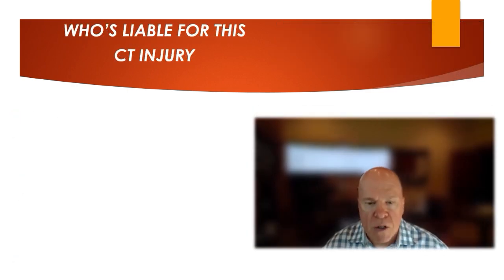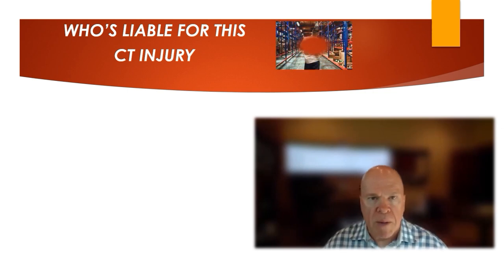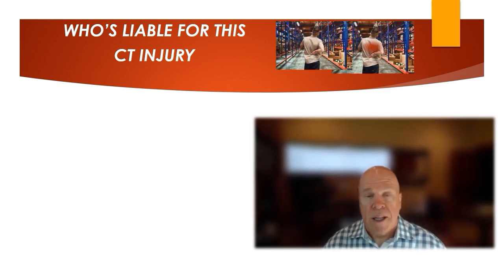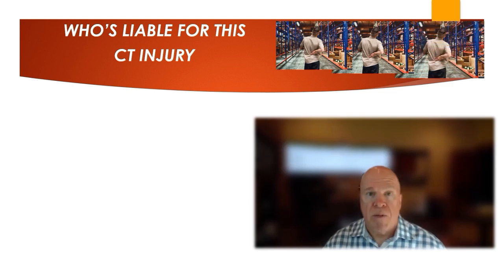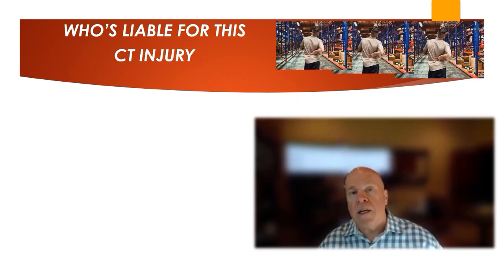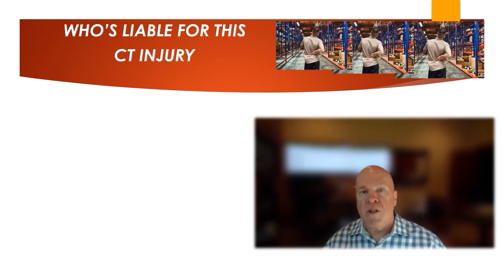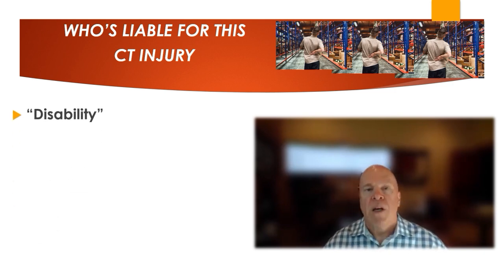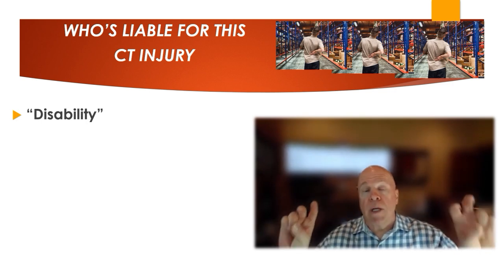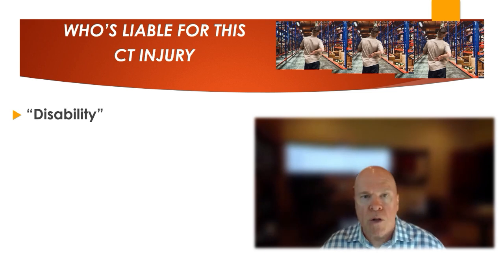So far, we've seen this term disability described in at least two labor codes. It's described in 5412 with regards to the date of injury. The date of injury is the date upon which the employee first suffered disability and knew, or in the exercise of reasonable diligence should have known, that such disability was caused by his or her present or prior employment. It's also described in Labor Code 3208.1 in the definition of injury, as injury is defined in California workers' compensation.